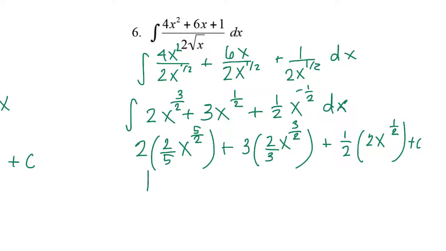And then if we simplify this, we have 4/5 x to the 5/2 plus 2x to the 3/2 plus x to the 1/2